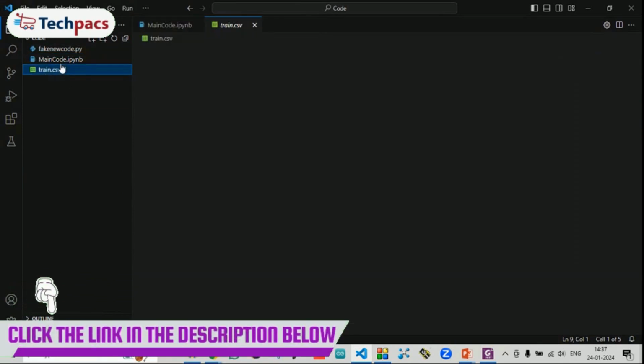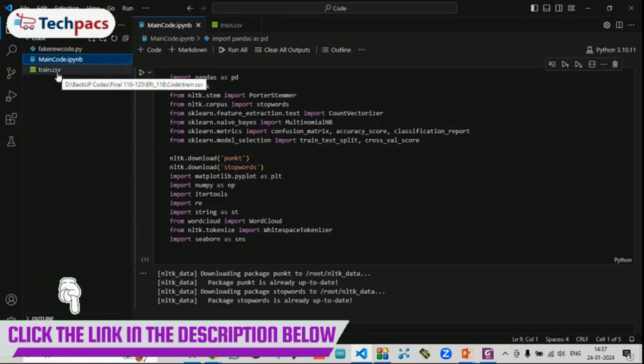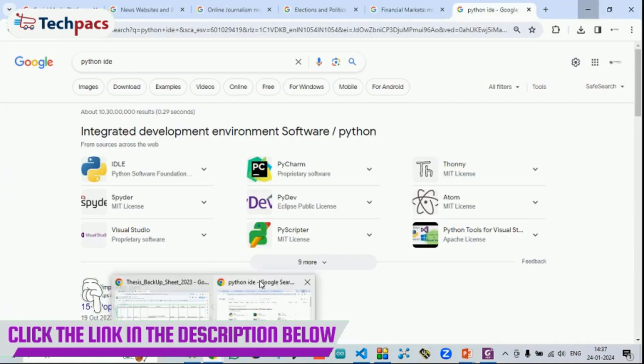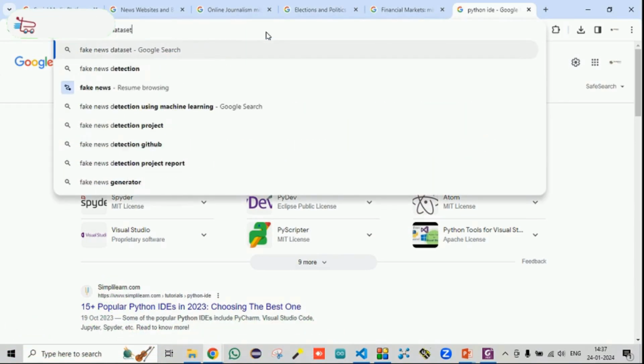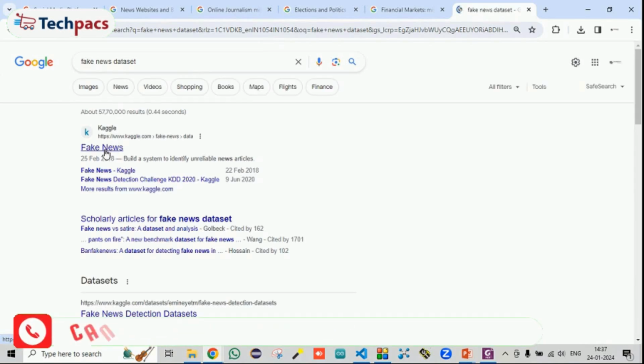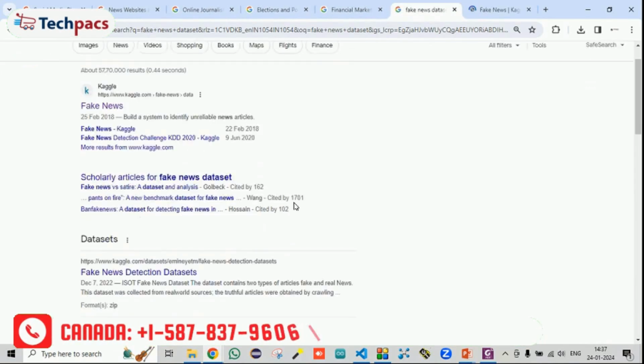So here our dataset is saved. You can get this dataset from Kaggle. Kaggle is the website from where you can easily get any dataset. Fake news dataset. So these are the fake news datasets. So you can get